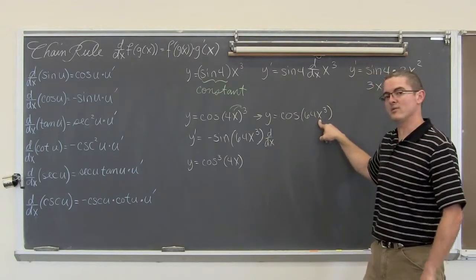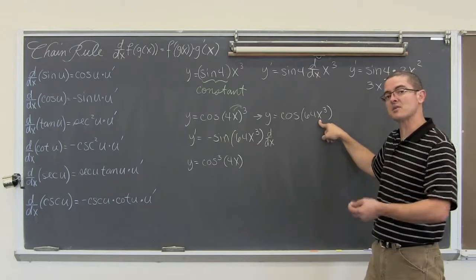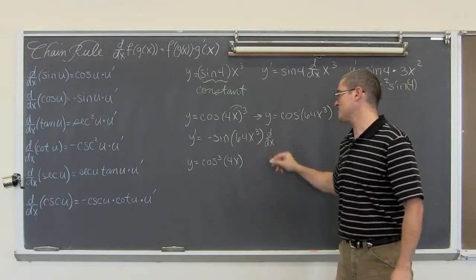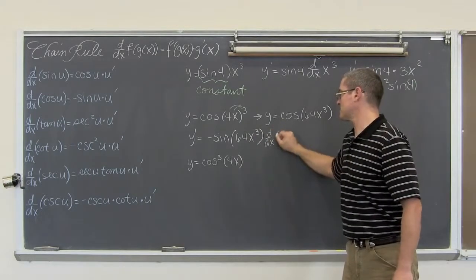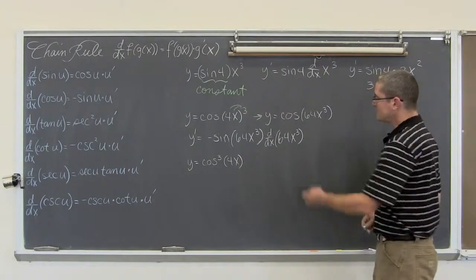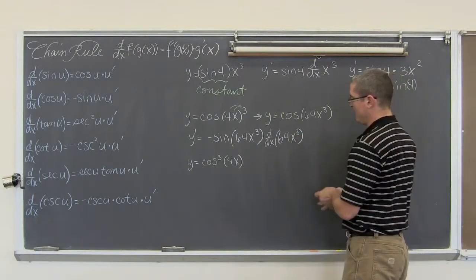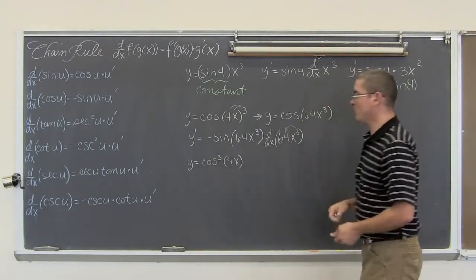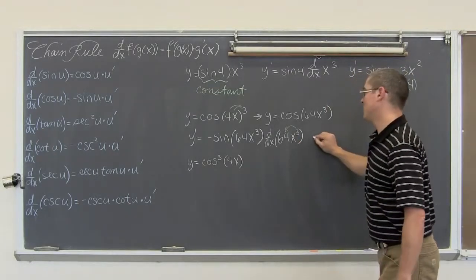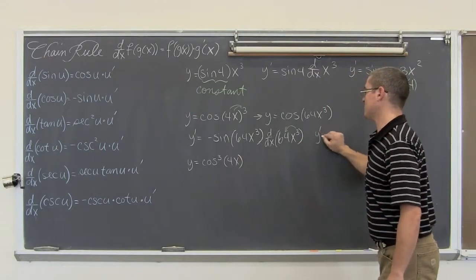This is a u value here. This isn't just cosine of x, it's the cosine of 64x cubed. So we want to find the derivative with respect to x of 64x cubed. This is just going to be applying the power rule. So we have y prime is equal to